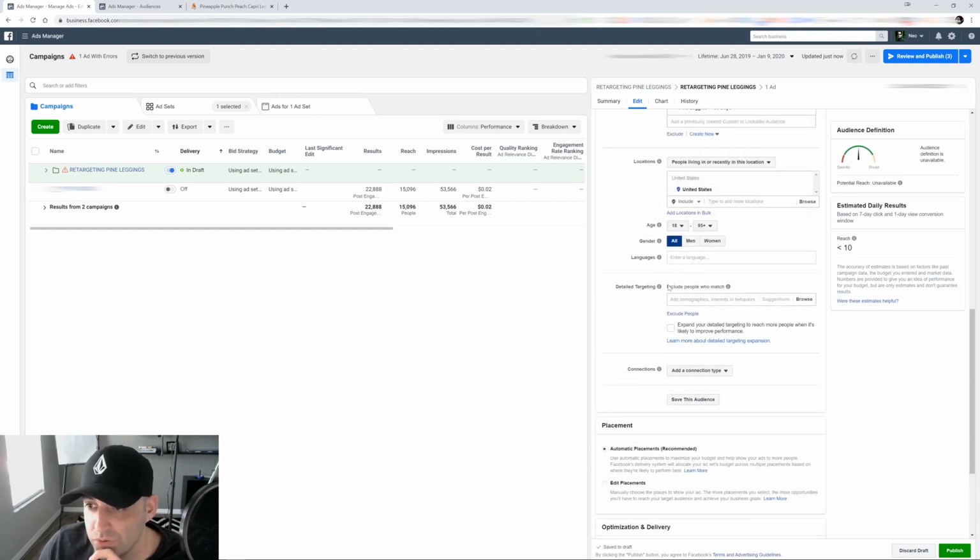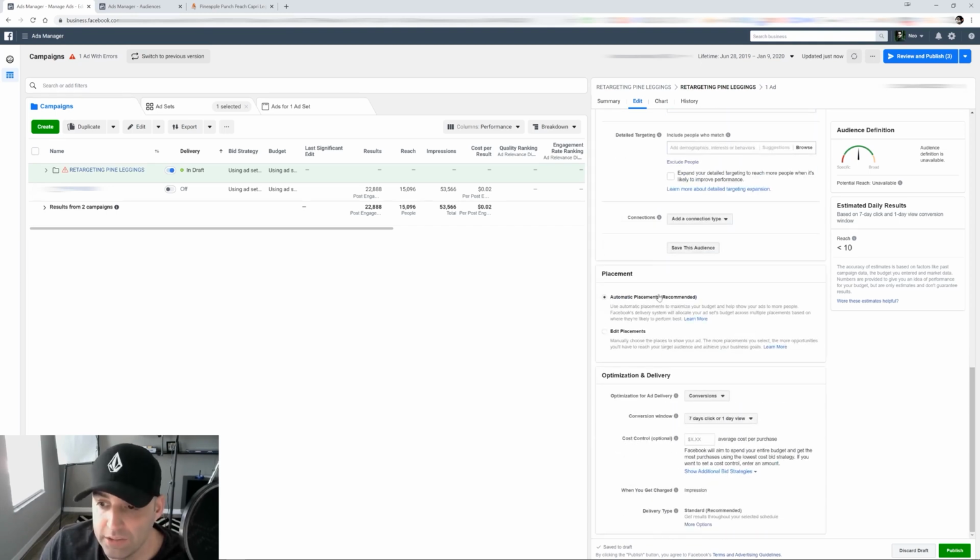Okay, and you leave this wide open because you want anyone who's visited that product. If they're looking at that product, they're interested at a point. They're somewhat interested, so you want to show an ad. Then you choose your placements. I like to do all placements for retargeting so you can follow them all over the web, wherever they go, whatever site they visit, you're always going to be in front of them. 1 day,